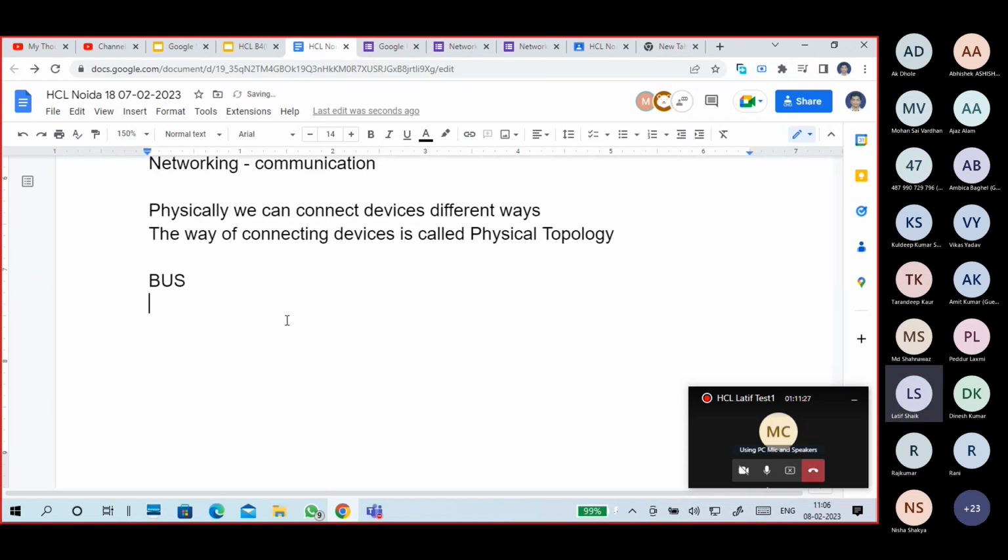Everybody remember? Bus topology, ring topology, mesh topology, star topology, hybrid topology. Very good, hybrid topology. Okay. There is a point-to-point topology,